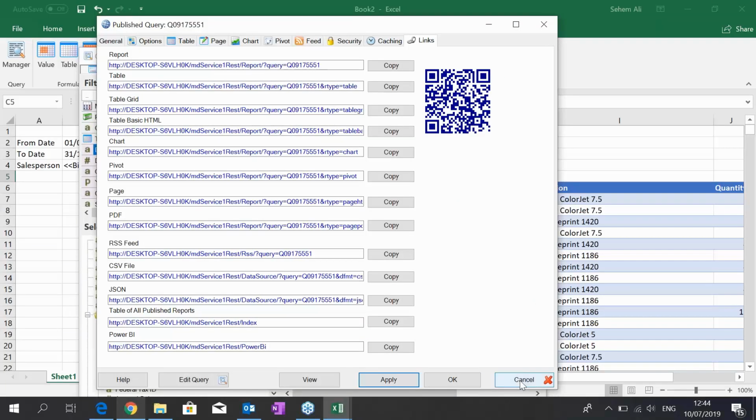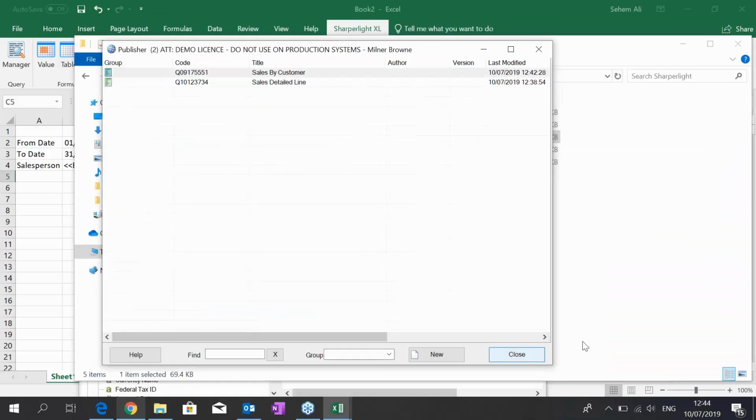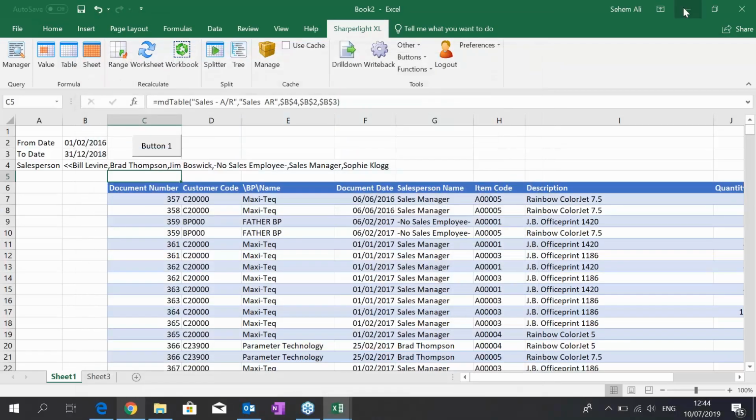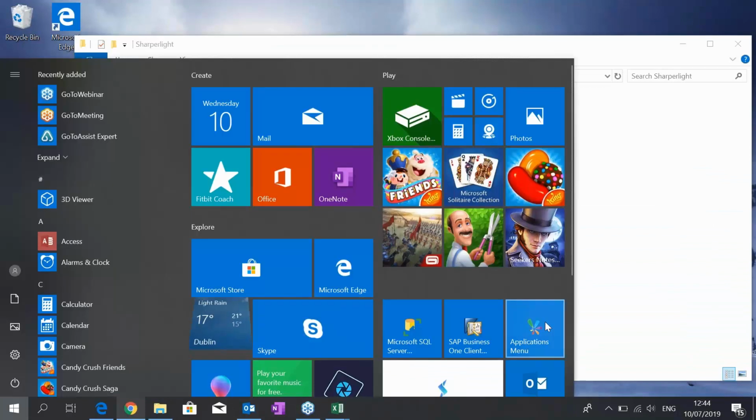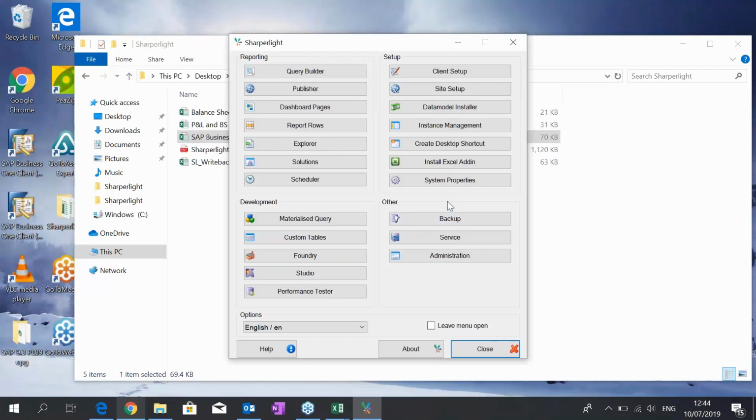And just the last bit to touch upon, because I believe we are conscious of time. If I go back to my application, the last bit is that we can create all these reports and visualizations within Sharperlight, but we can also automate them rather than extracting the data and emailing them to different users. If you have a long distribution list, you can automate the sending of the emails, and that's where the schedule plays a good part. So if I click on that,